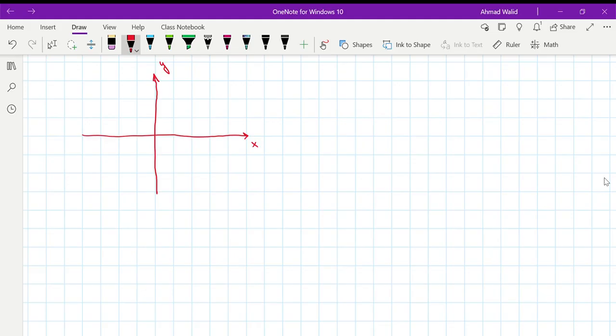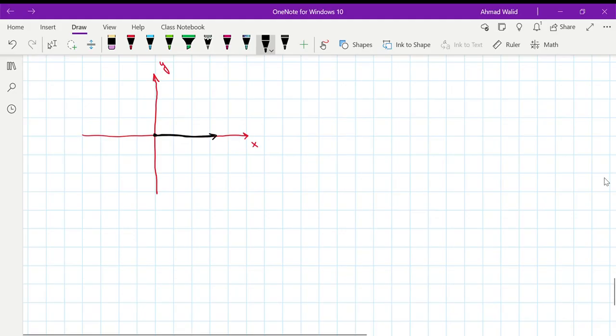Now, if I draw an angle, which I'll do in black first, this is the origin of the XY plane, correct? The black dot that I put is also the vertex for my angle. From here, I'll draw the initial side on the positive side of the x-axis like this. The initial side of the angle is on the positive side of the x-axis,